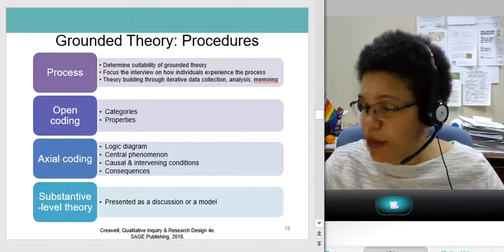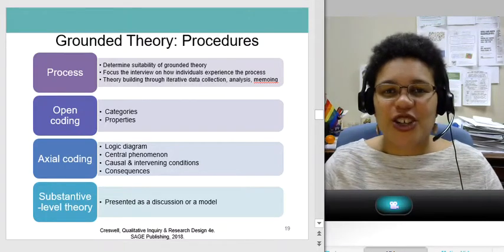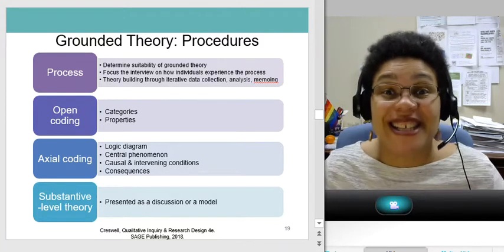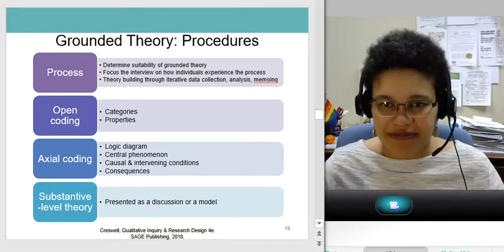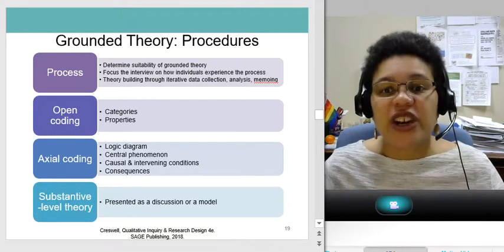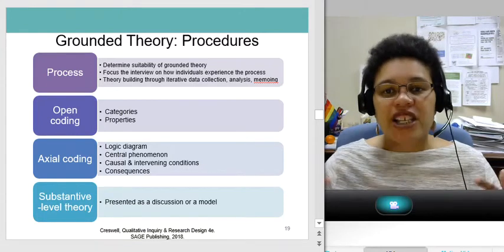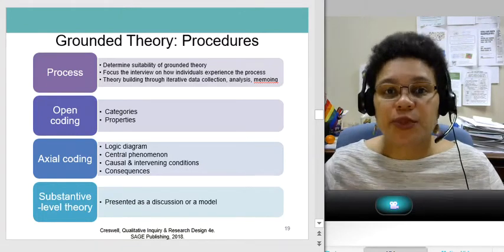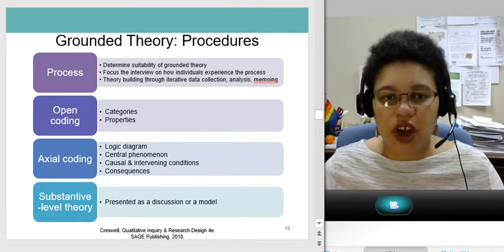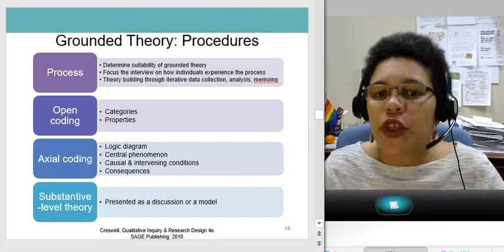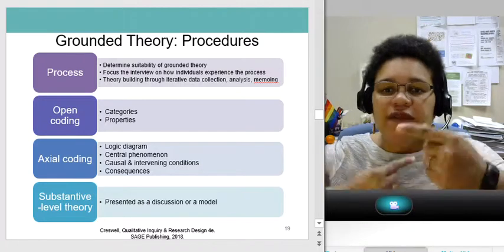In fact, you probably don't when you're taking a research methods class, for example. You're going to focus the interview or interviews on how individuals experience whatever the process is that they've gone through.